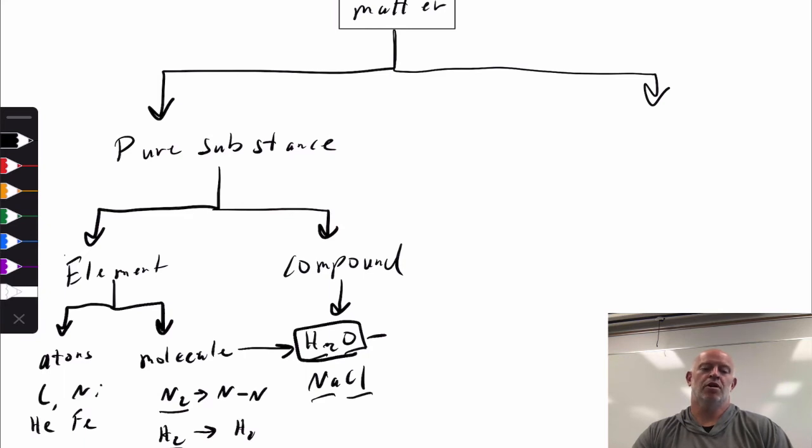You might be thinking, oh, so anytime you chemically bond, you have a molecule. If the chemical bonds are two different things, it's also a compound. So all molecules are compounds, and that wouldn't be true because some molecules are elements. But you could say all compounds are molecules. Is that true? Well, let's take a look at it and think about it. So this would make sense, right? As long as we have a chemical combination of two things, we get a molecule.